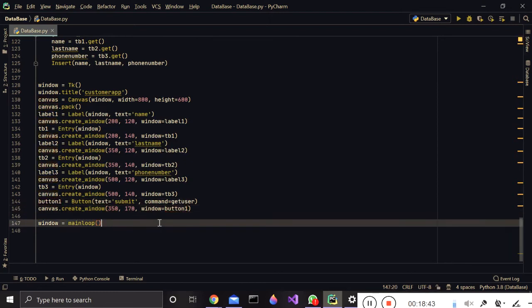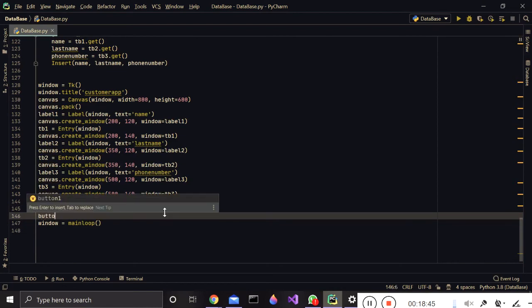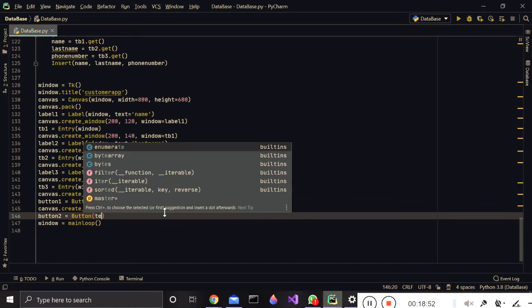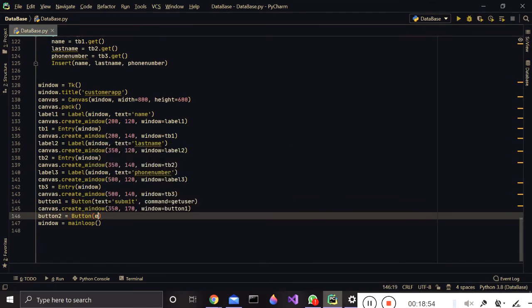Let's use another button for showing our database to our user, and this is the last thing from this video. Button text is show database, and the command is going to be show database,